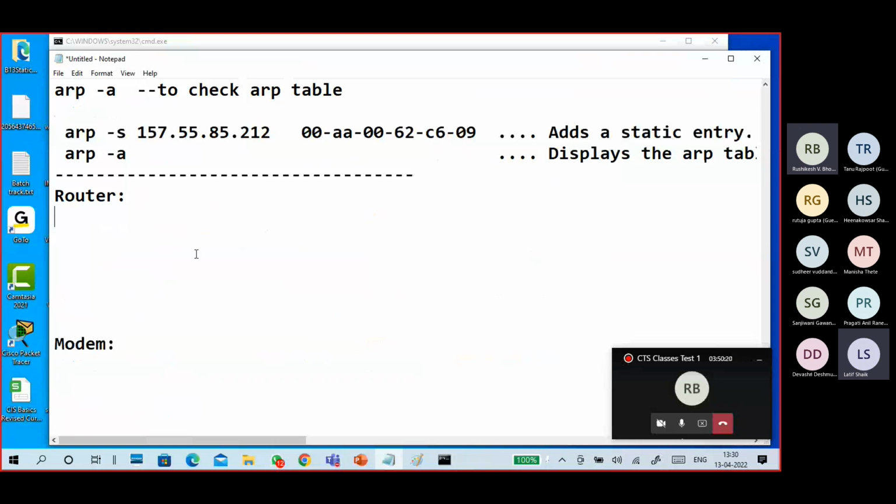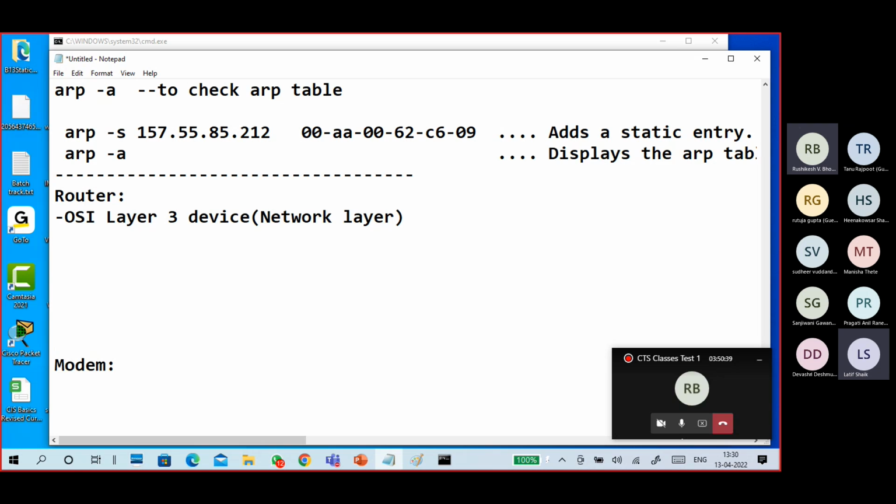Very simple way only. As per the OSI model, a router is a layer 3 device. The layer name is the network layer.